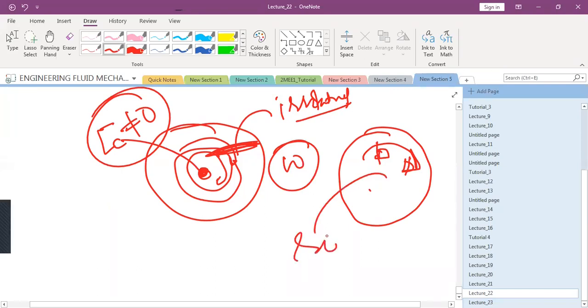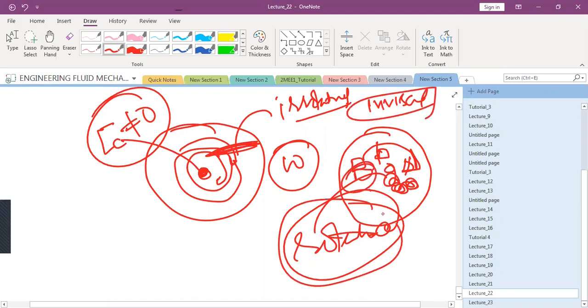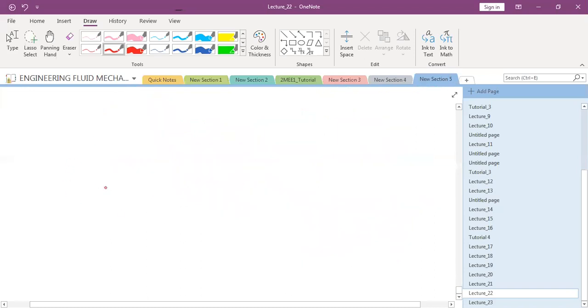And this was a rotational region of flow, although you had a rigid body rotation. Although this was essentially an inviscid region of flow because there was no relative motion between the fluid elements, you could also have a rotational region of flow. And you still didn't have any kind of body forces or pressure gradients. So that was the beauty of this analysis. Now I'm continuing with this rotation part. I'm coming to an example.